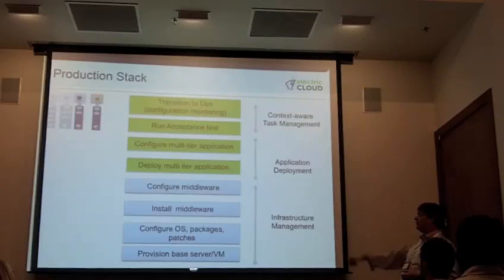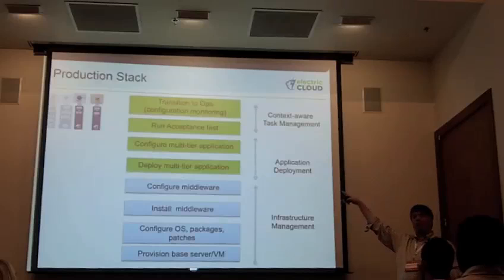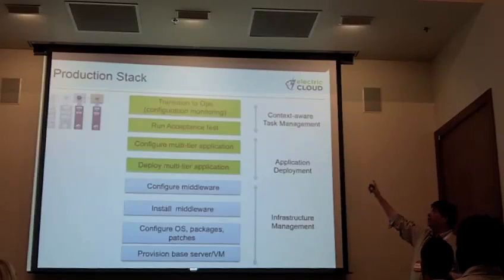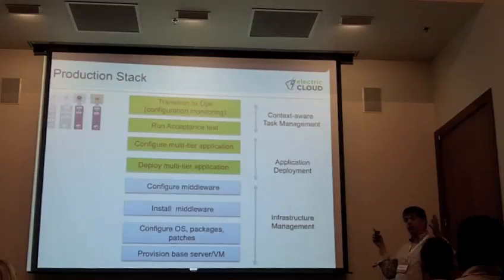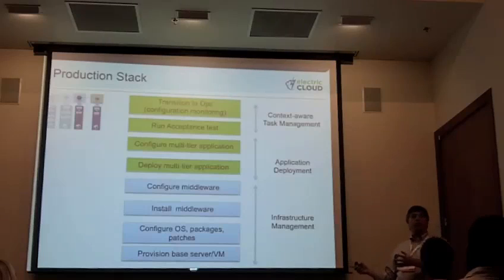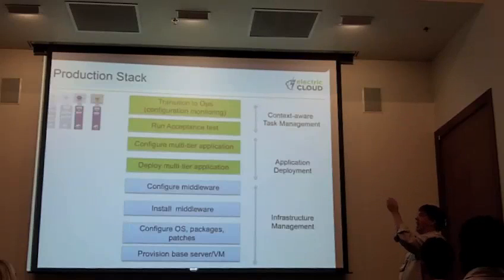Once you get into production, again, lots of the infrastructure part looks the same, and we're going to deploy and configure our multi-tier application. And maybe in this particular scenario, the acceptance tests are run on a pre-production environment, and then we throw it into production, transition officially to ops or to monitoring or whatever you want to call it. But the point being, by the time we get here, we've done dozens of deployments. We've done dozens of infrastructure setups. We've done dozens of deployments of the app and configurations and all of those things. Why should this be different than all the other ones that we did up to now?